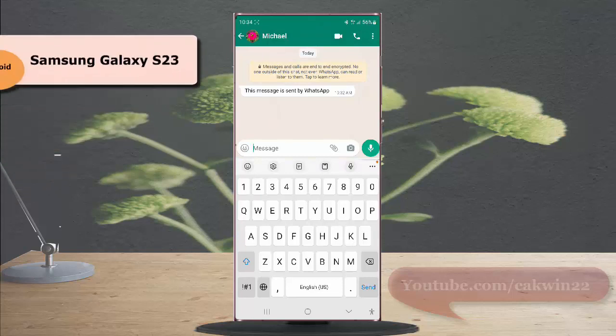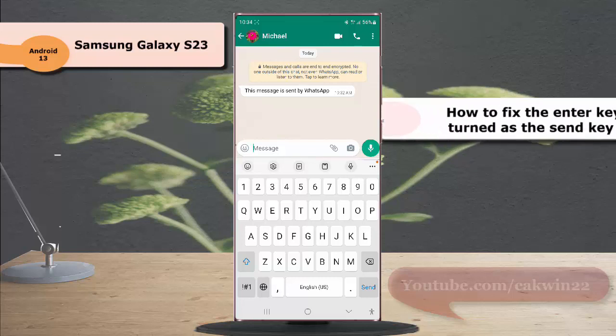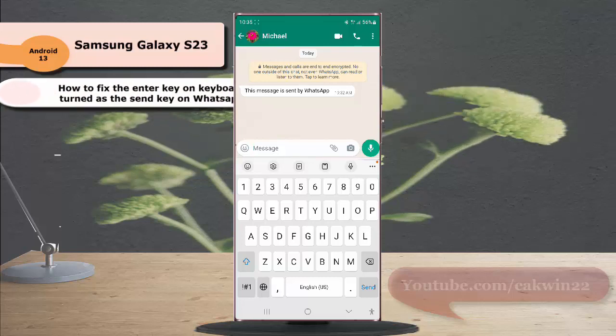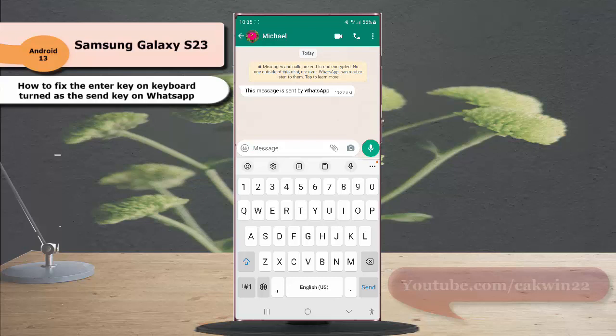To fix the enter key on the keyboard, turn it as the send key on WhatsApp in Samsung Galaxy S23 Ultra. First, you have to make sure that the option to set the enter key as the send key is turned off. To do so, go to WhatsApp setting menu